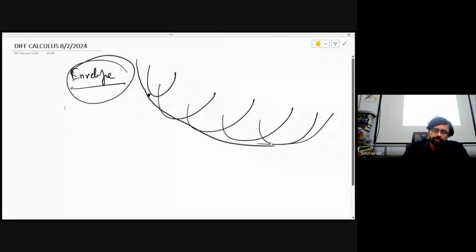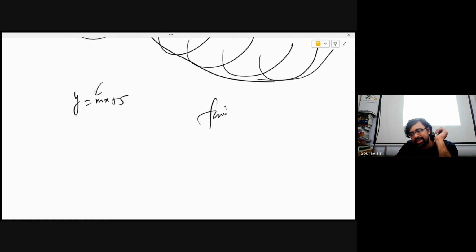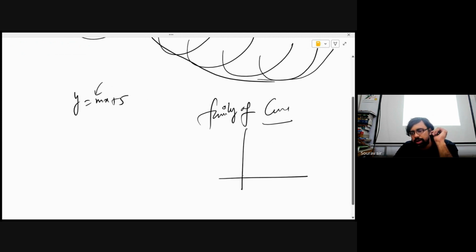So this is the envelope's basic pattern. Why do we need an envelope curve? Consider an equation. मान लेते हैं कोई एक basic सा equation दिया है, y equal to mx plus 5, where m can be any value. Last time I discussed with you, what is this family of curves? Curves का family क्या है? That means if I keep changing the m value, I will get different curves. जैसे मान लीजिए एक ही equation से I can get this